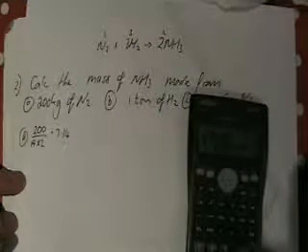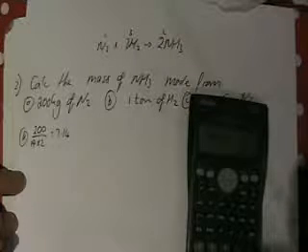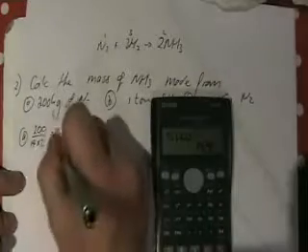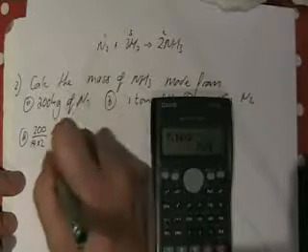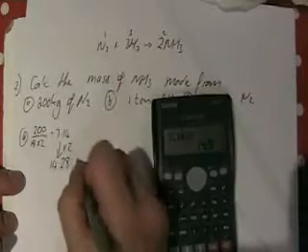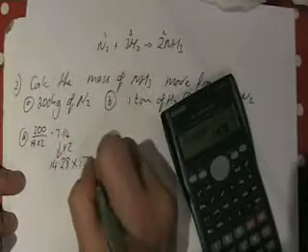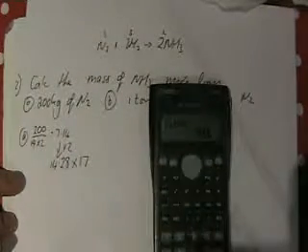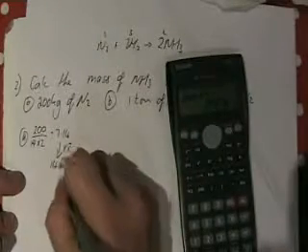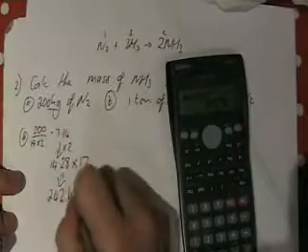So we take that 7.14 and multiply it by 2, which is 14.28 moles of ammonia, and we multiply that by the MR of ammonia, which we already worked out as being 17 previously, which gives us 242. Remember that is